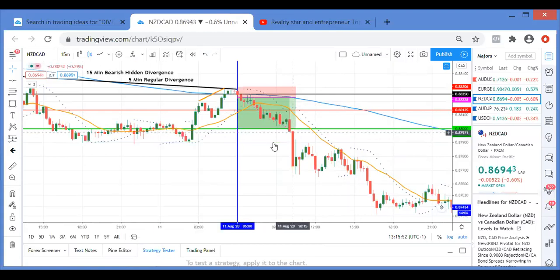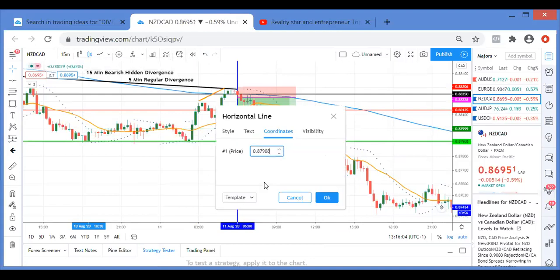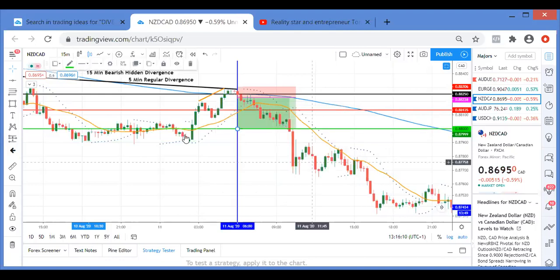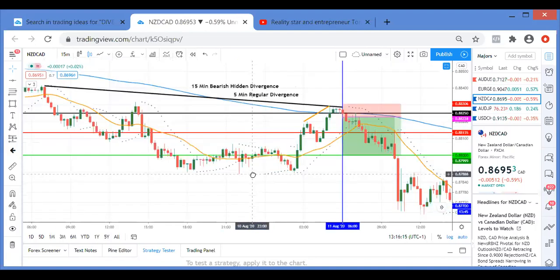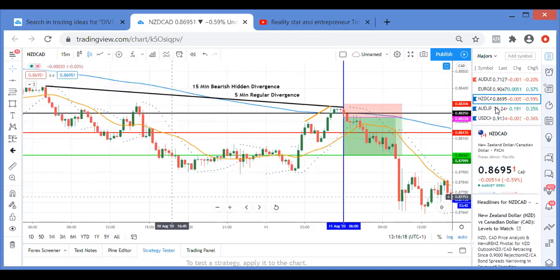And this is why when I first came into this chart, you saw one green line. Because look, if I put it here, and I go to my settings, the nearest quarter point will be 0.88000 in the exact same place. See? So that's that example. Let me go to another example.